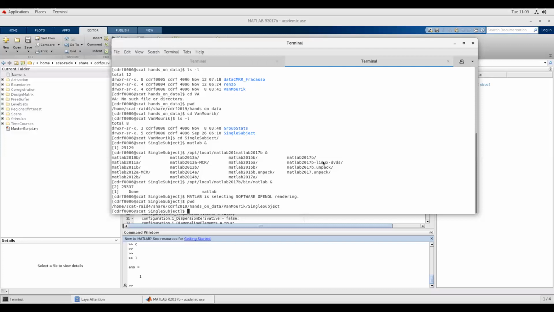So when we're on the server, we open a terminal and we cd, we change directory, to /home/scat84/share/cdrf 2019/hands-on data/vanMourik/single subject. Yep, beautiful. Then we open MATLAB, and ideally we open the latest version, which is 2017B here,